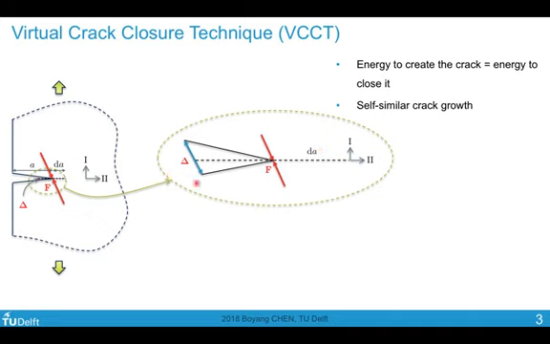So we can then, based on this assumption, calculate the energy release. The energy release in mode 1 and mode 2 can be calculated as a product of Fi, which is a component of F along the normal direction, multiplied with the delta i opening along the normal direction, this is a normal component of this opening vector, divided by 2.